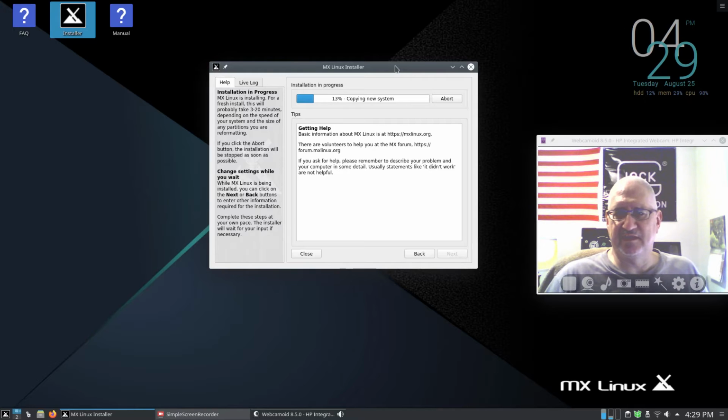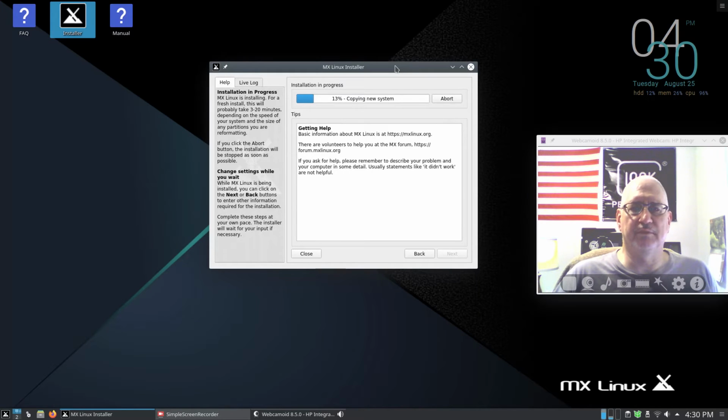Hear the fans kicking in on this machine a little. They always seem to run on this one. My other one back there, they'll only kick in if it starts to heat up a little bit. This machine, it kicks in and they run all the time. I tried setting it in the BIOS where they'd only come on if it started to overheat. But yeah, it's just the way it is. And it's an HP all-in-one, can't remember the designation,